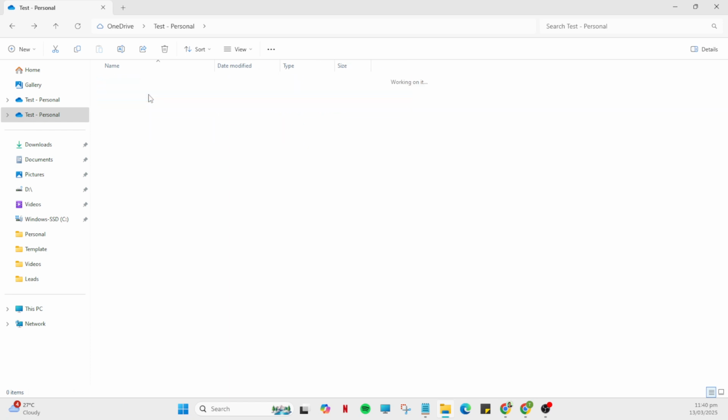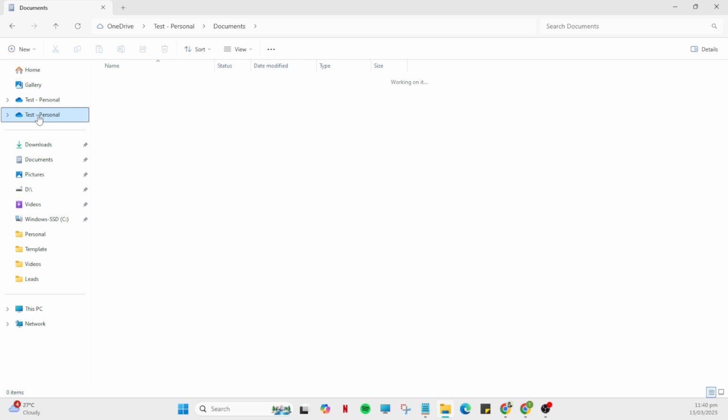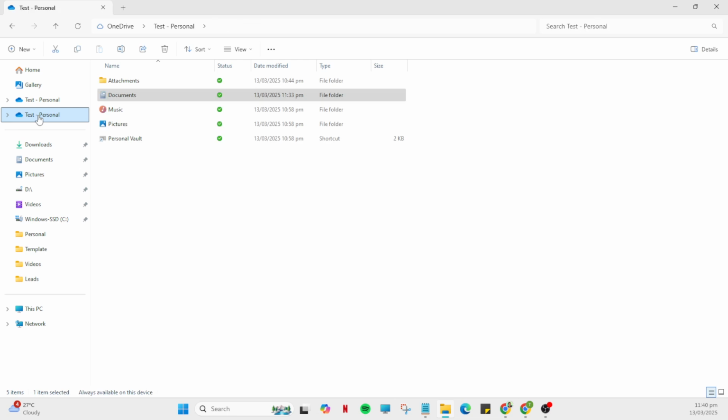To make an online-only file available offline, right-click on the file and select Always Keep on this device. This action will download the file to your computer, adding a checkmark icon next to it, indicating that it is now available offline. It can take a few minutes depending on the file size and your internet speed, so be